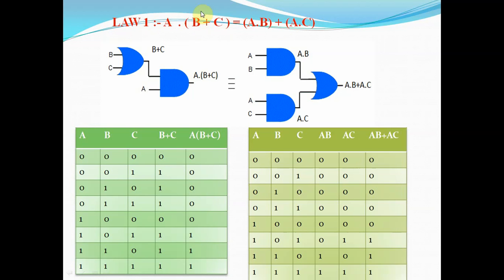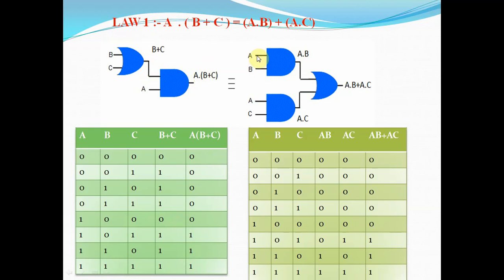Suppose this is a parenthesis. In this parenthesis we have two variables, B and C. If you multiply the A into the parenthesis, we get different terms. The first is separate terms, that is A, B and A, C. This will be implemented for the RHS with inputs B plus C. We are ORing them together, which produces B plus C, and the result of B plus C is ANDed with A. So we are getting A into (B plus C). This is the output of this circuit.